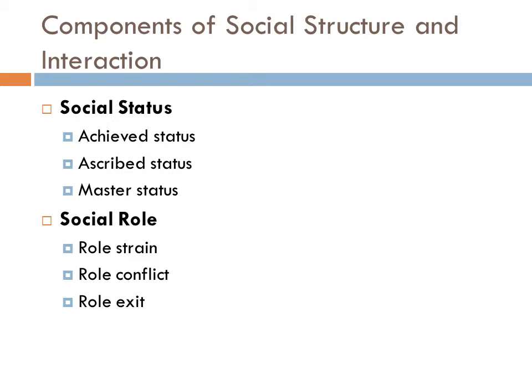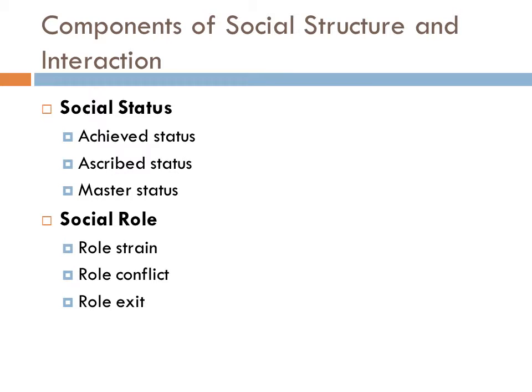So this is an example of role strain, which resulted in a behavior. In this case, I bought a term paper. Note that I'm referring to one status, a student. I was overwhelmed by the role and the expectations of what it means to be a successful student. Now, role conflict involves two or more statuses. Role conflict is similar to role strain, except that you have two or more statuses.